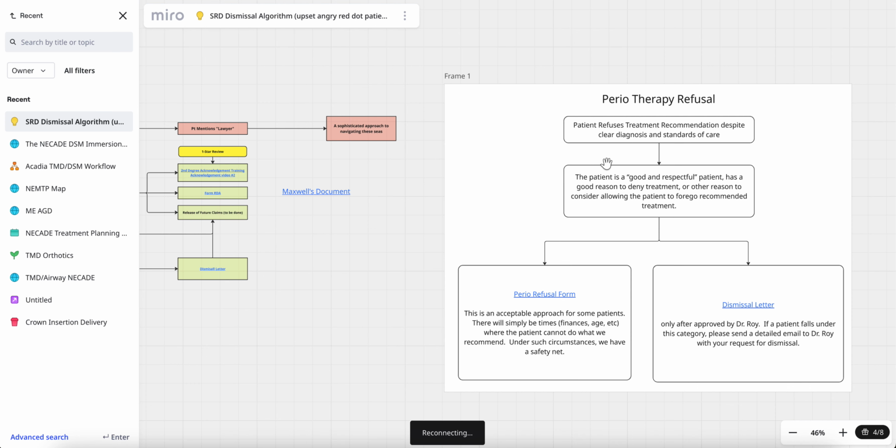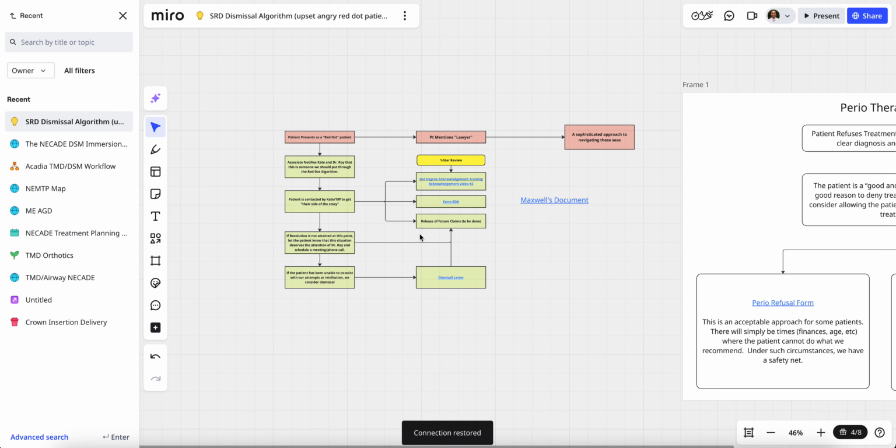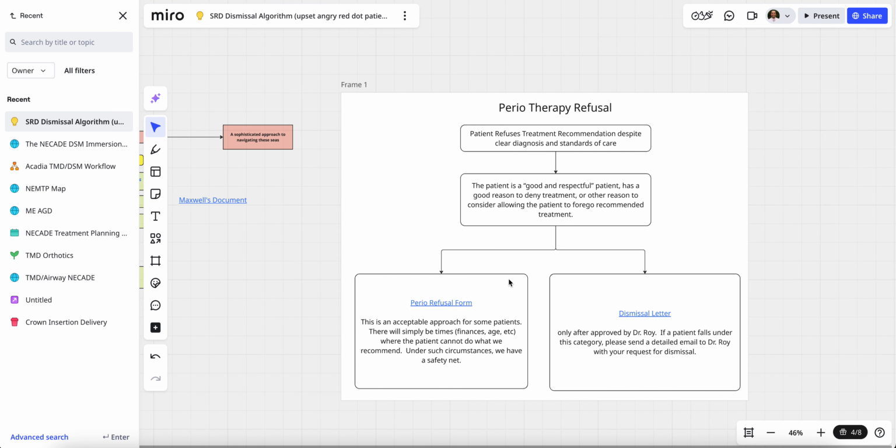But what I did is I built something called the red dot patient algorithm. This is more for an upset patient, but I think what ties into this is this Perio therapy refusal aspect to just difficult patients. So what I'm going to share here, I'm going to share in the framework of autonomy